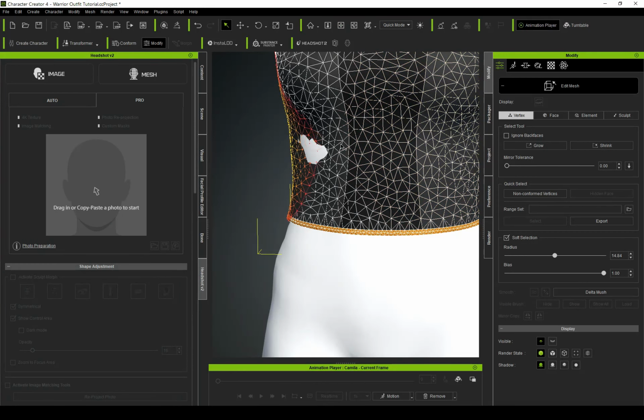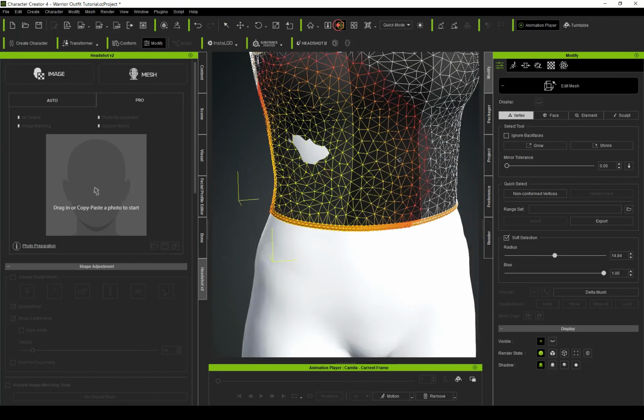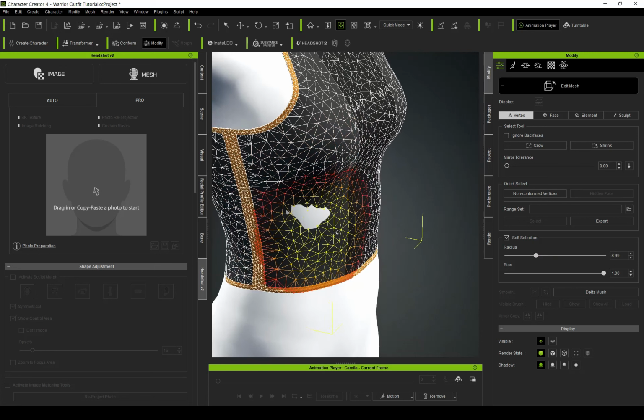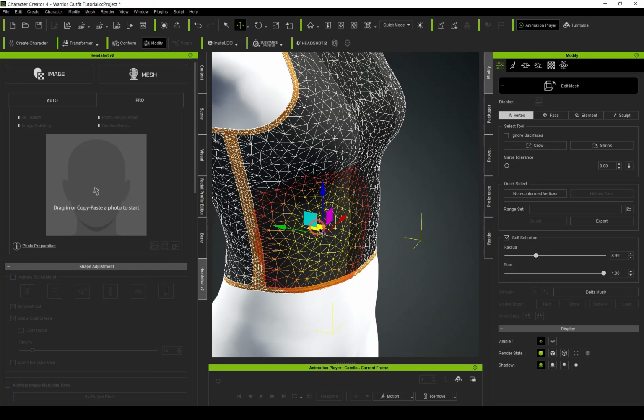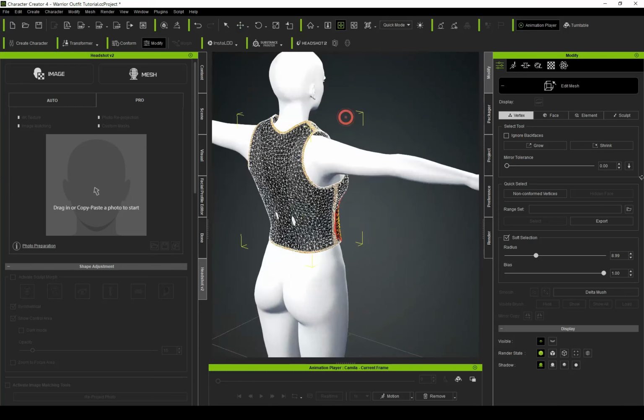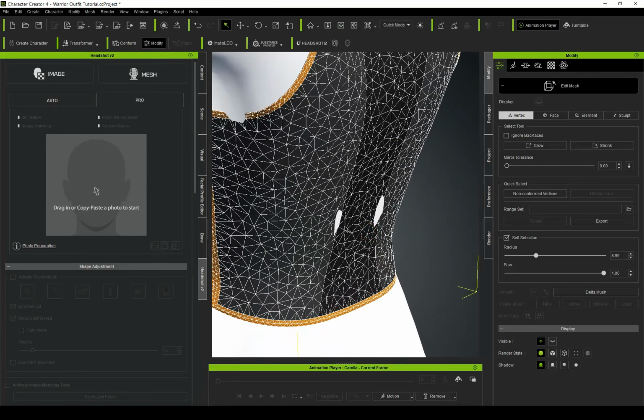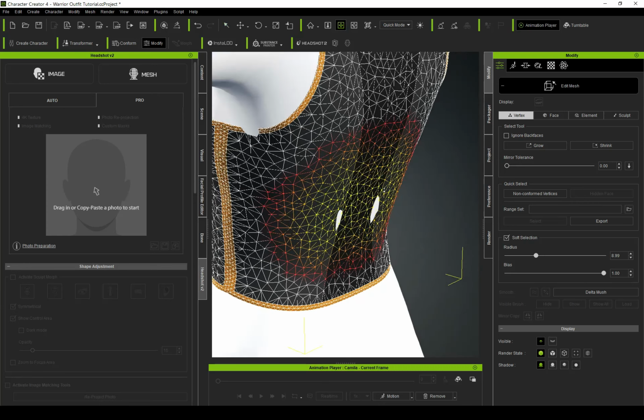Just select this point as well, or maybe you don't need to select this point. I need to select this point. Okay, I'm going to move this one a little further from the body, and we also have to set